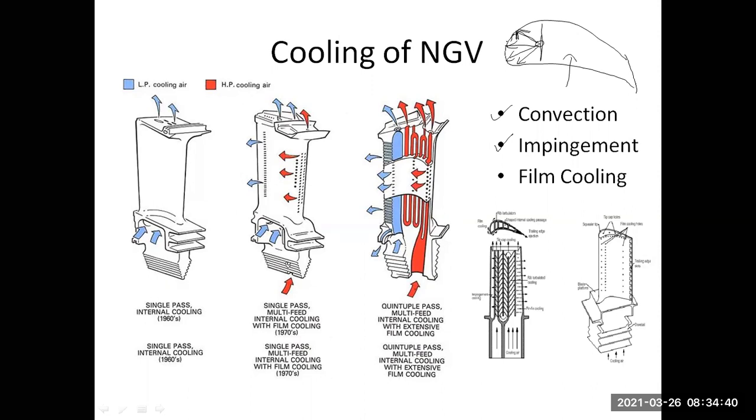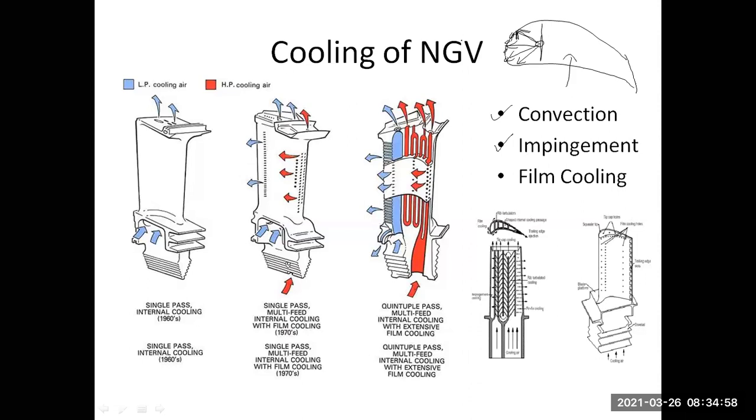And what we can do is we can have small pores. If you look at the picture of the nozzle guide vane, after this class, what you do is Google search the nozzle guide vane's picture. You will find out that it is already there. You can see there are small drilled holes over here.